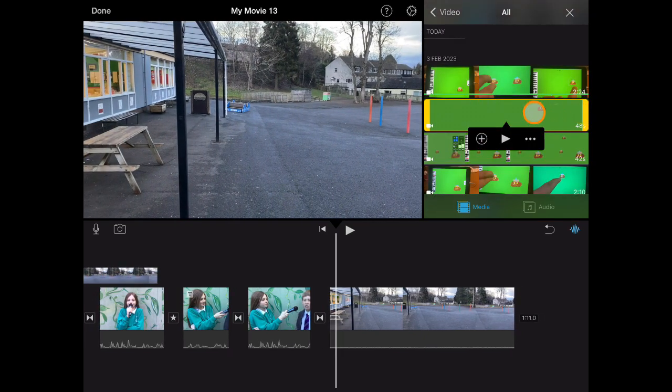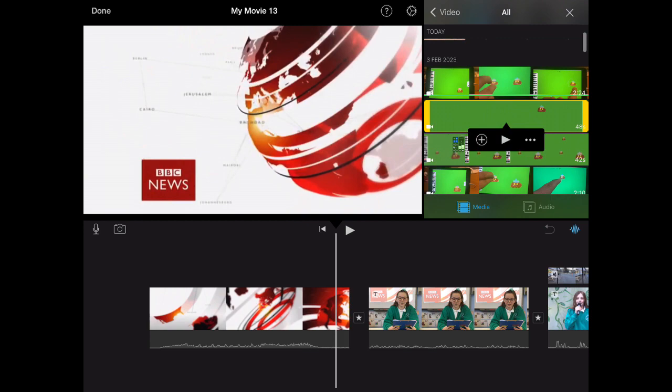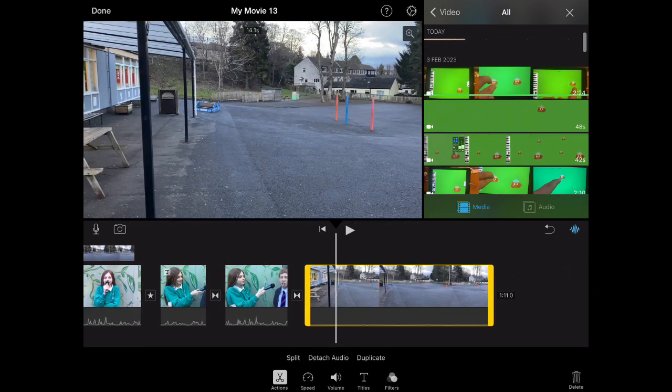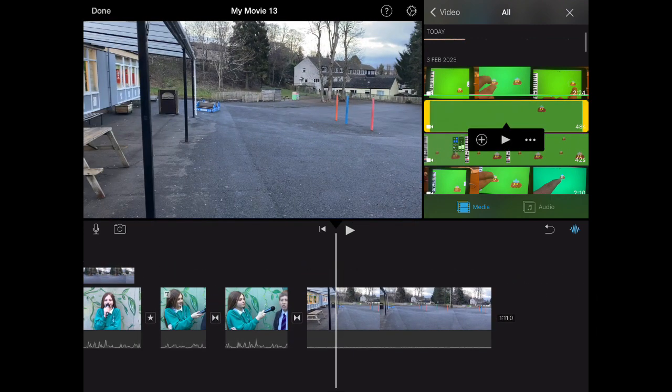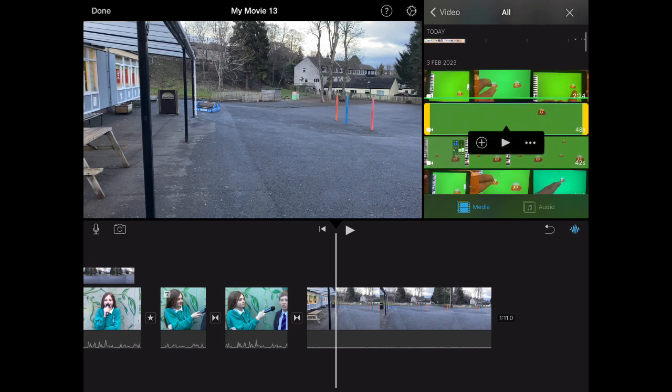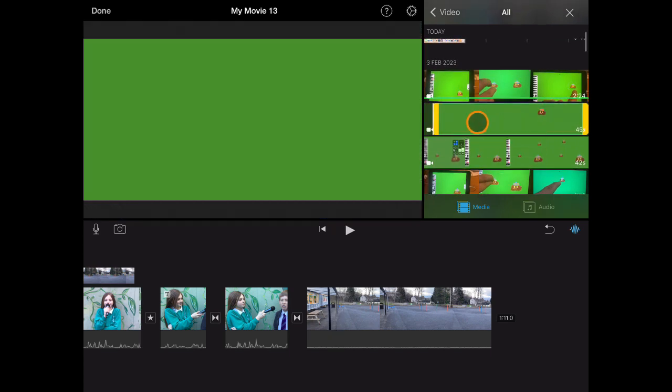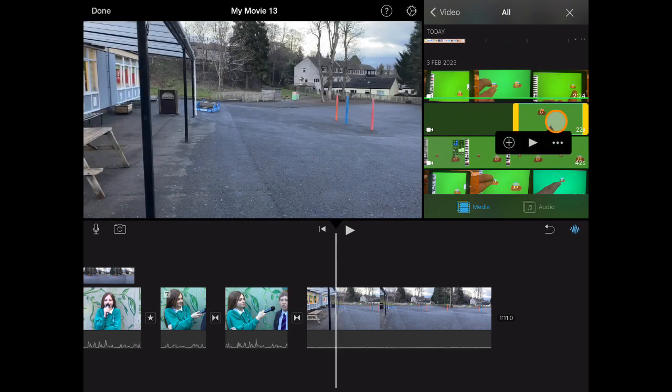Next up, we're going to add our green screen video of the haggis that we created earlier. Find the clip of the haggis. Before you add the haggis using the 3 dots, you can click on the video until a yellow box appears around it. You will notice the yellow areas on the end of the video. You can see here I am sliding and shortening the video so I only have the haggis moving around in